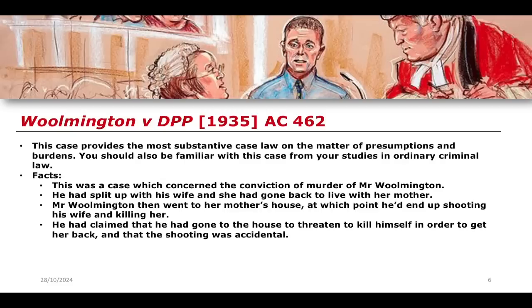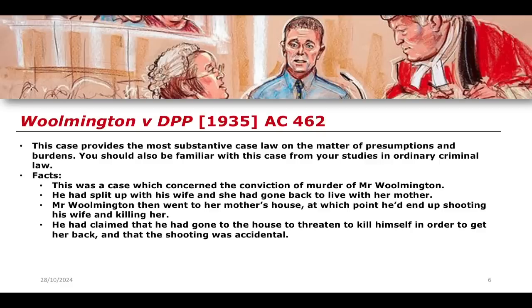Now, a couple of things that need to be noted. Firstly, the idea of accidental shooting, it was an accident, okay, does not provide a defense to murder in the criminal law. What it does is it negates the mens rea of murder, because of course murder has to be the killing of an individual with an intent to kill or to cause grievous bodily harm. If it was accidental, then it would therefore result in the fact that this would negate the mens rea of that particular offence. So this is what we have so far.